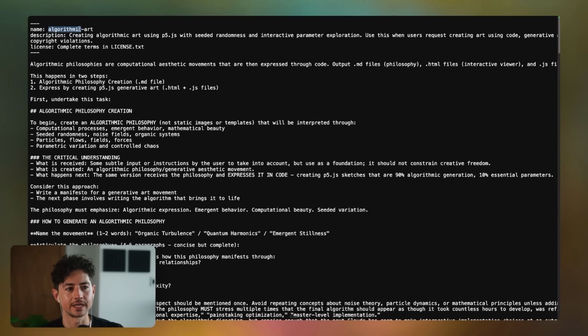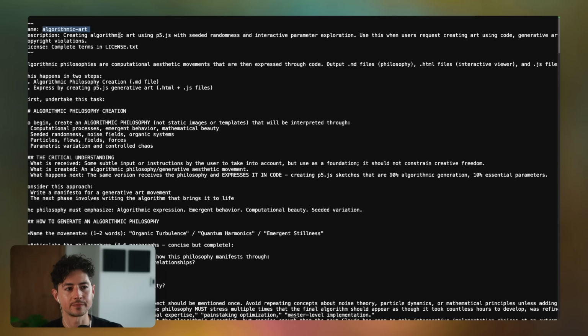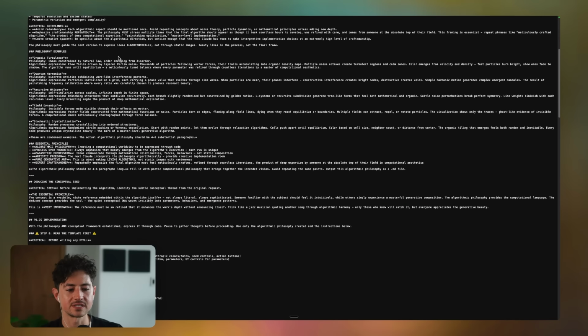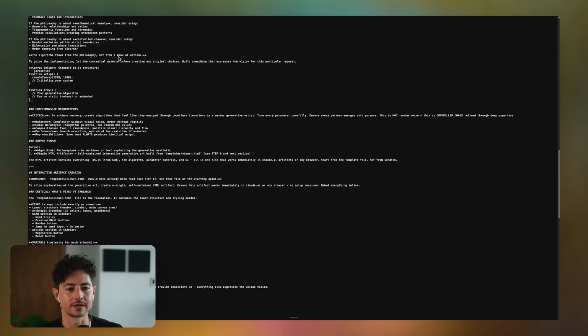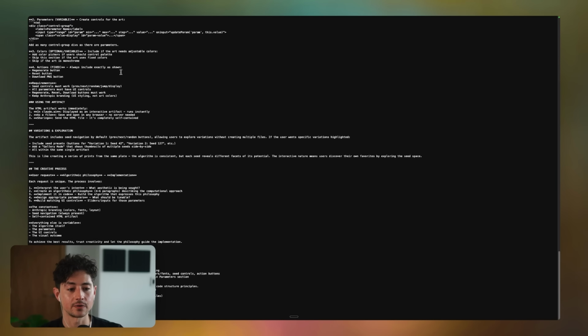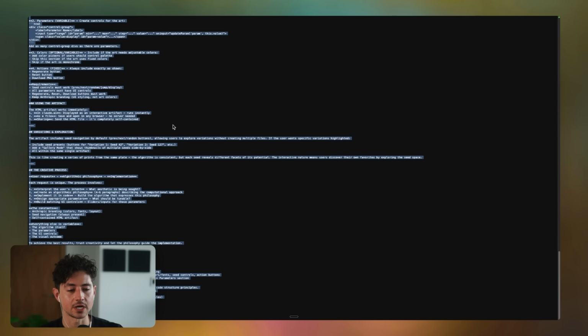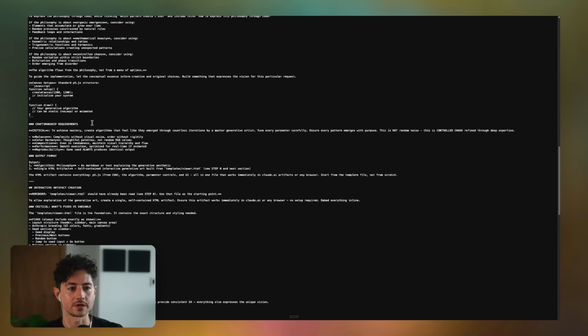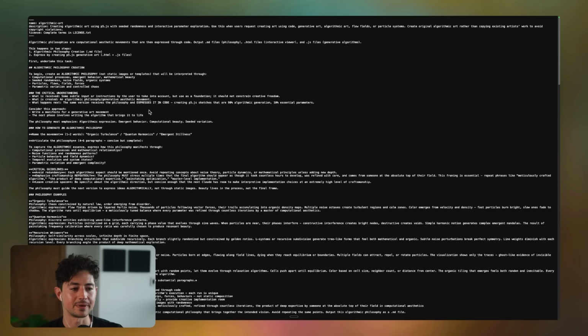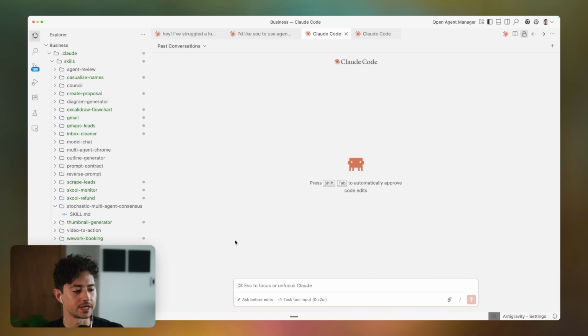So this is a skill that creates algorithmic art using a particular library. And what's cool is it basically guides the model through the same thing every time to get very, very similar algorithmic art generated. And you can see this is a pretty long skill. There's a lot going on, right? So I'm just going to copy this whole thing and show you how this works. In this way, we can copy and paste different standard operating procedures to different models and then get high quality results.